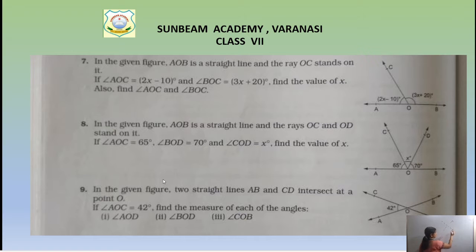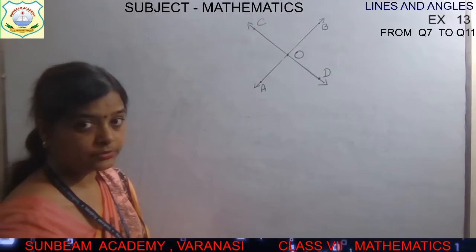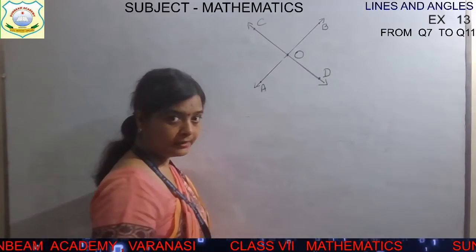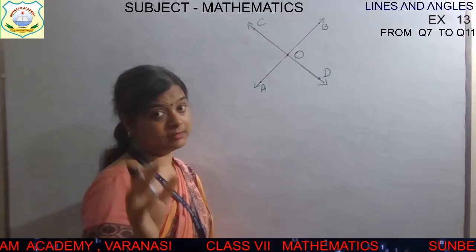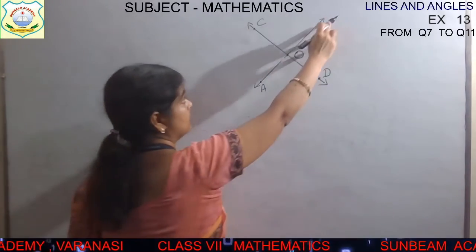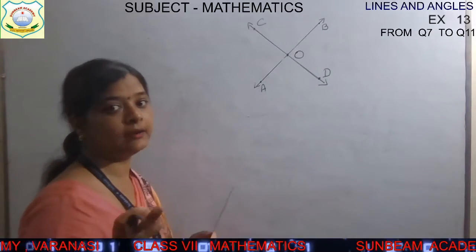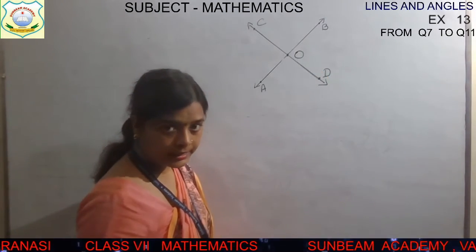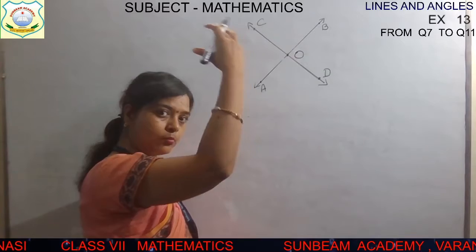This is what, children? The second line name is CD. C and D. And it is intersecting at point O, children. Now they have given one angle AOC. Can you see the diagram? AB is a line, because there are 2 endpoints. If it were endpoints, it would be a line segment. But you can see it is moving ahead. That's why there is a double-headed arrow. And CD is also a line having a double-headed arrow, meaning it is increasing in both sides.